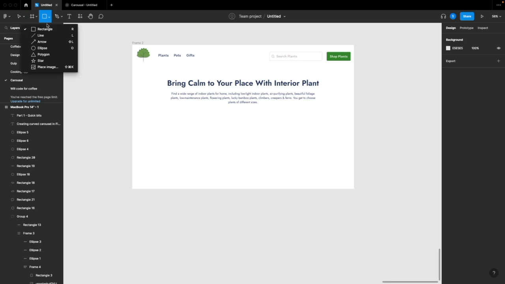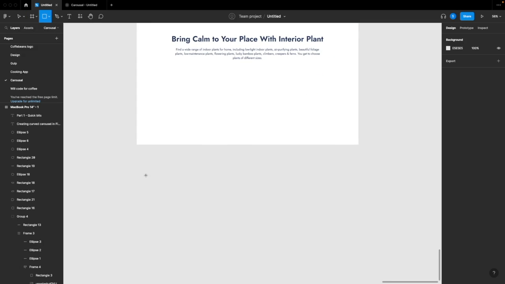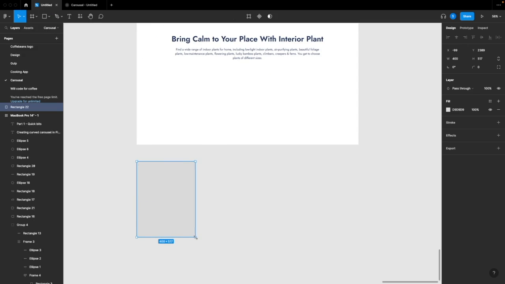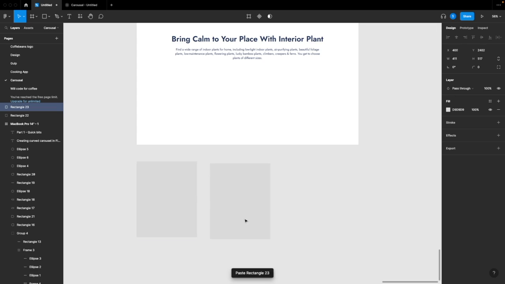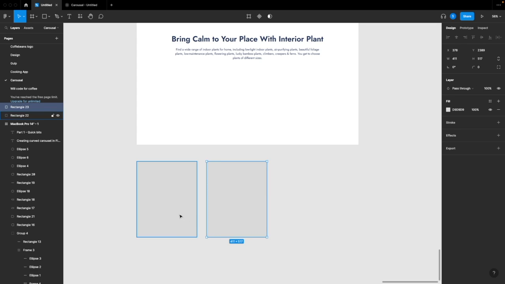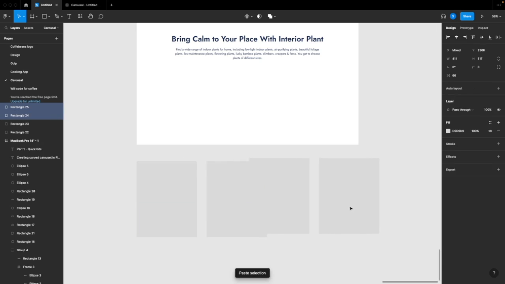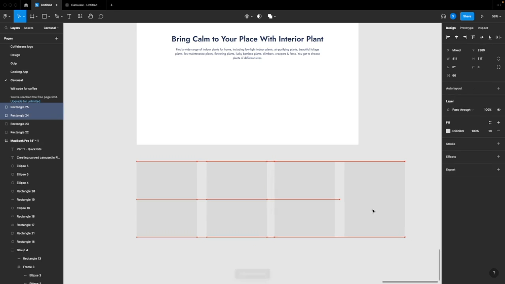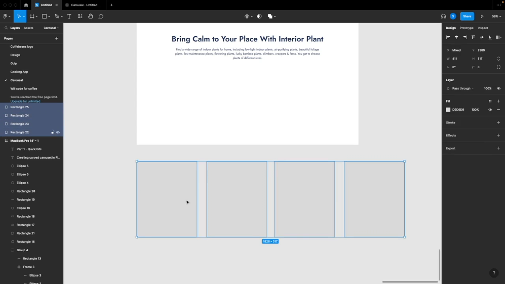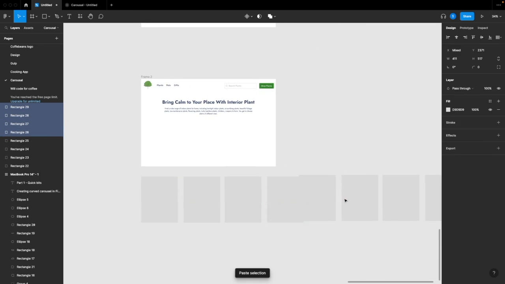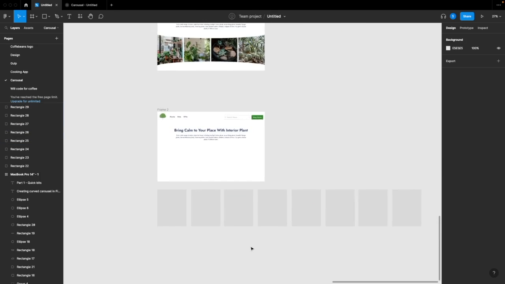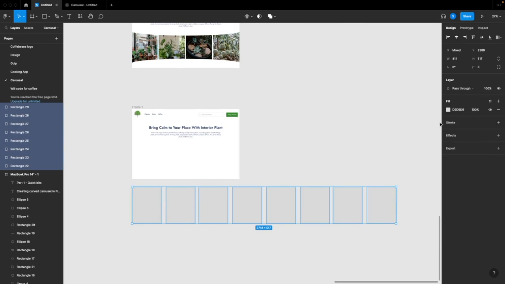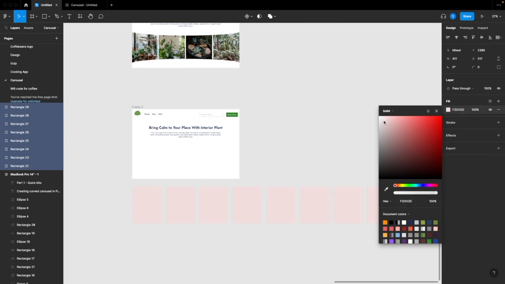So first we will be using the rectangle to create a shape like this. Let's copy this down, and let's make multiple copies of the same thing. Once this is done, to make it visible, let's make the background white,